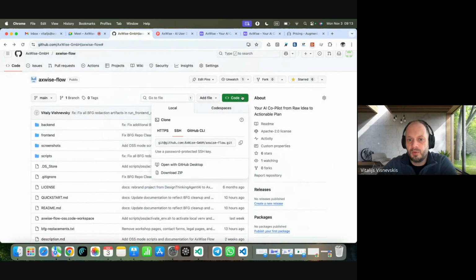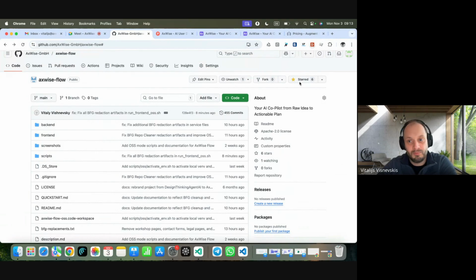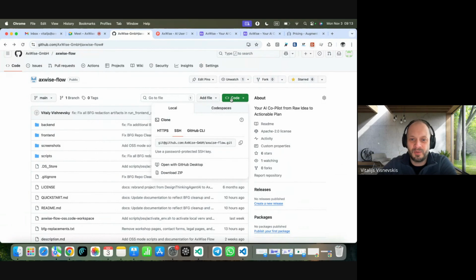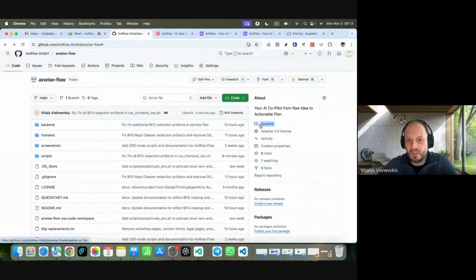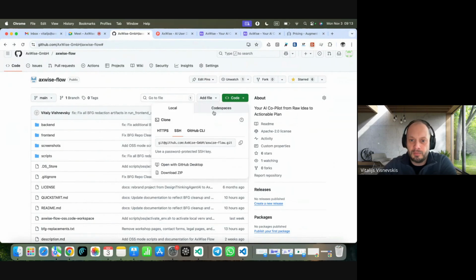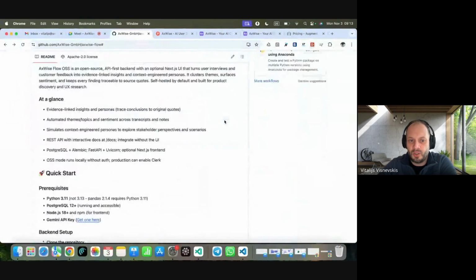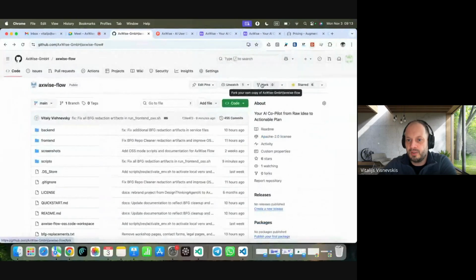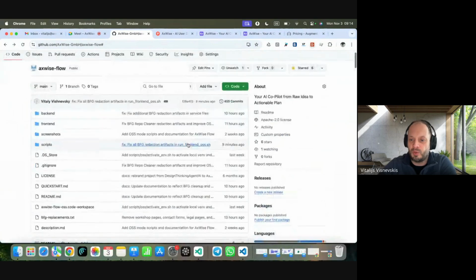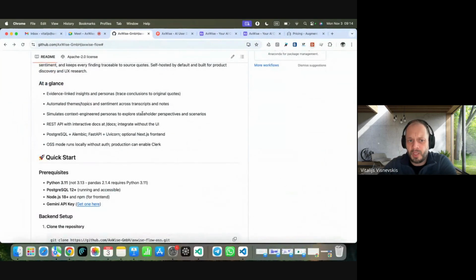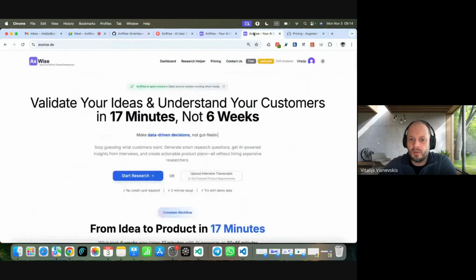What does it mean for you? You just go to the GitHub, as I said, and press star. Don't forget about it. It's an Apache 2 license, so you can modify it as you want. You can literally install it in your company and use it as a web version in your intranet. Just copy it and modify it as you wish. And don't forget to fork it, so you will have your own copies that you can update and follow the guidance with your Cursor or something.